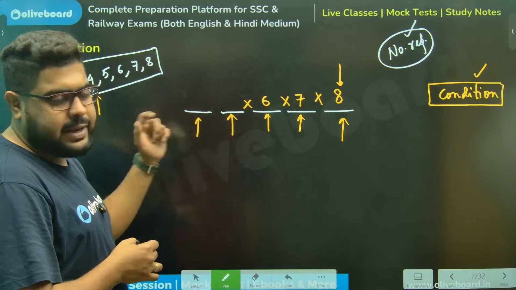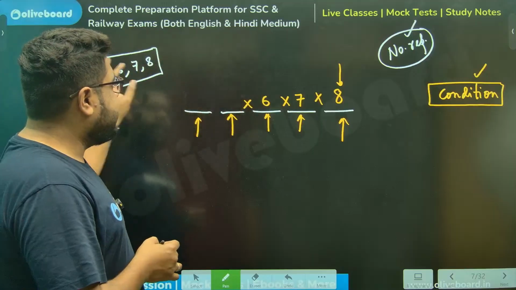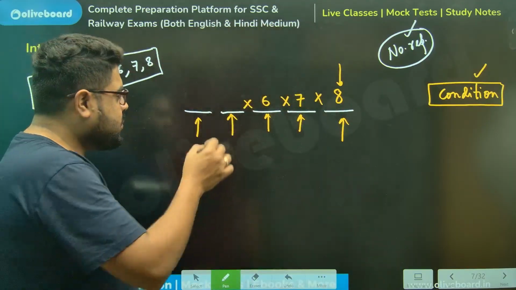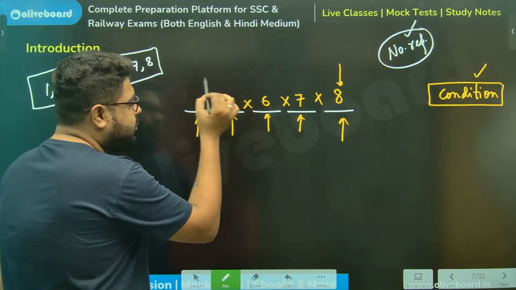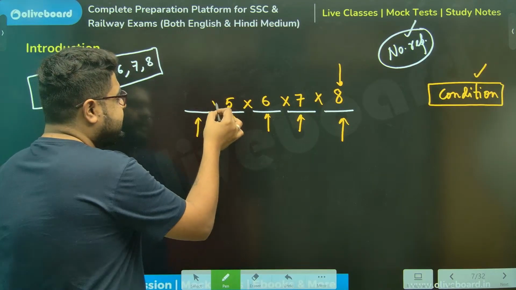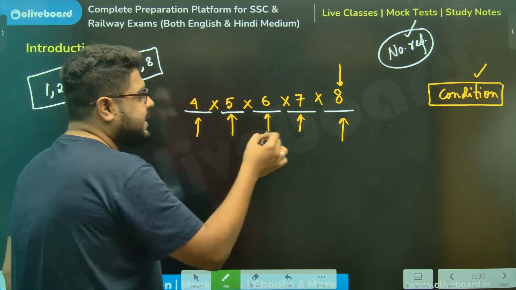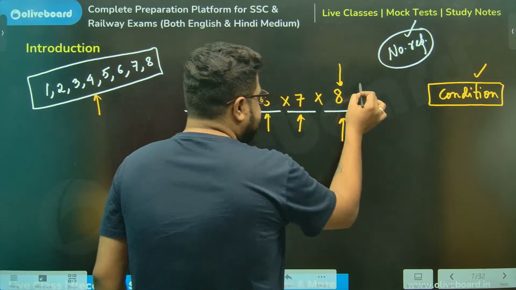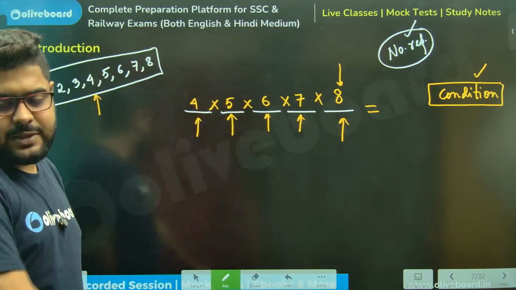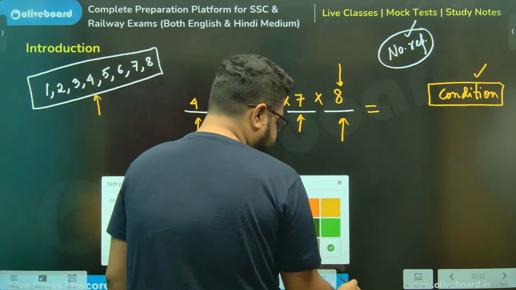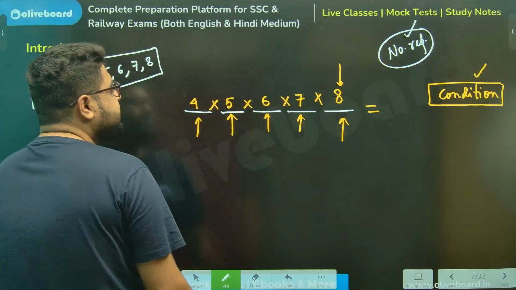Now again, come back here. Sir, out of 8, 1, 2, 3 places I've put. So I have 5 numbers left. So I can put any one of those 5. Next, 4. There is no space left. So that means this is my answer. I have these many numbers that can be formed. So chalo, calculate kar do.